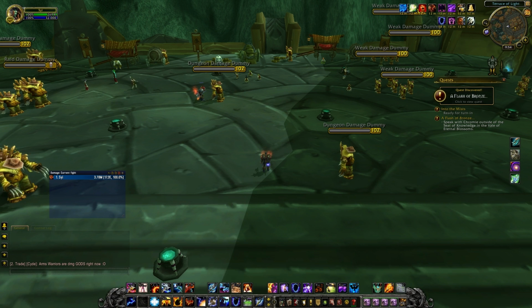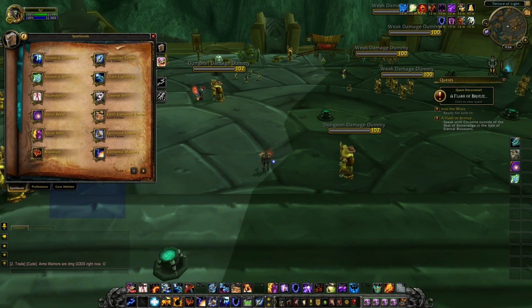In terms of what we've lost: Stormlash, rip Stormlash. We got to use you for one expansion, and I kind of will miss Stormlash because it was nice having that utility cooldown for the raid. It made a big difference. Healing Tide Totem has also gone for Enhance, so another utility cooldown that we do lose, along with Chain Heal